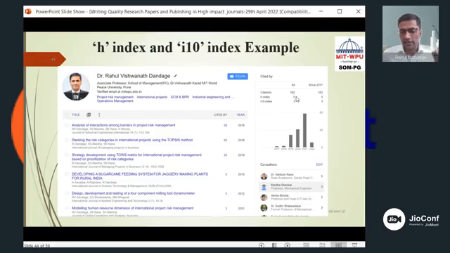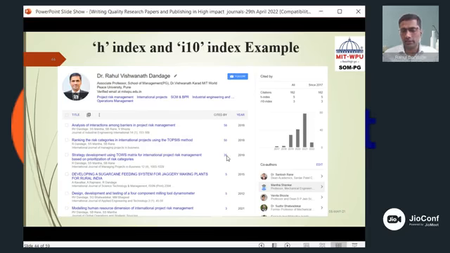So H index is H number of research papers having H or more than H citations. If I want to calculate the H index for any researcher or any institution, I should first identify all the research papers, sequence them according to the citations they have got, right from the highest to the lowest, and then identify the number of research papers which have citations greater than or equal to that particular number of papers. And you can see in this case, research paper 1, 2, 3, these 3 papers are having